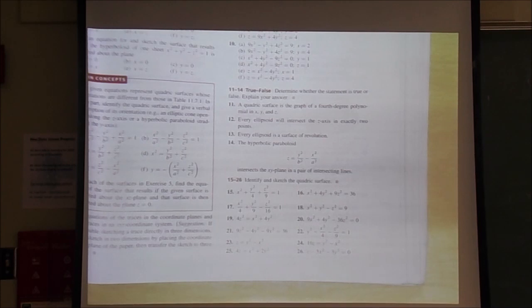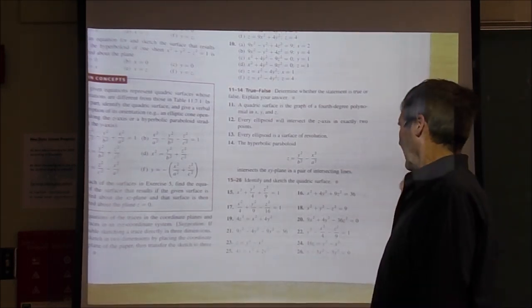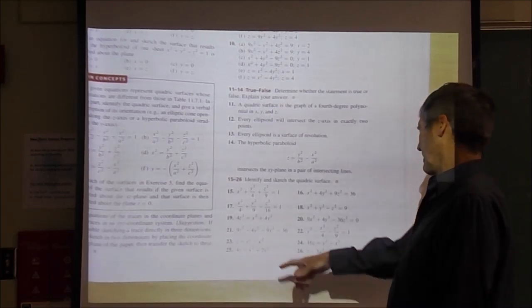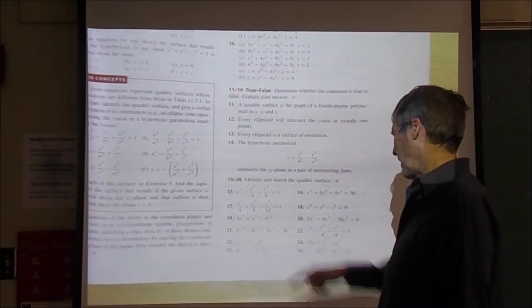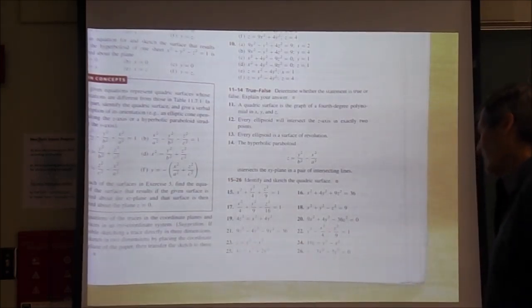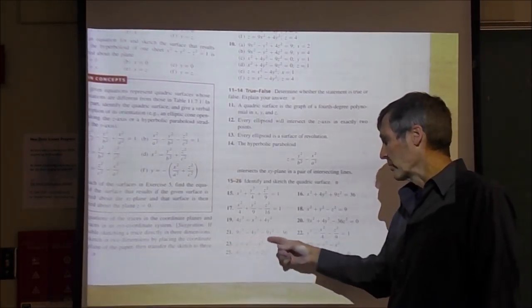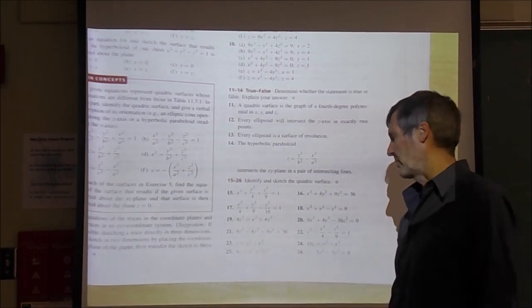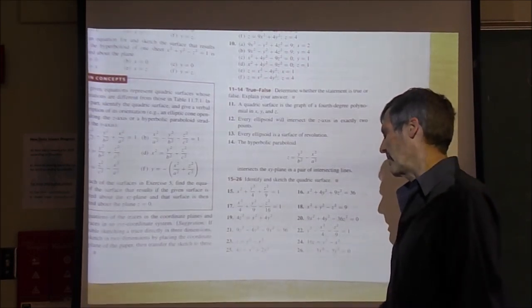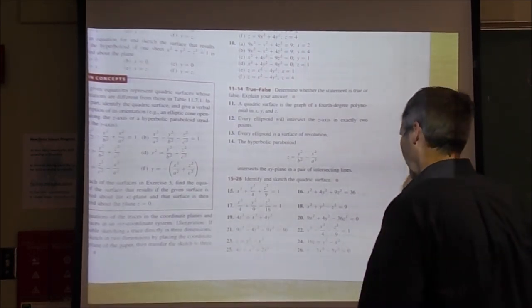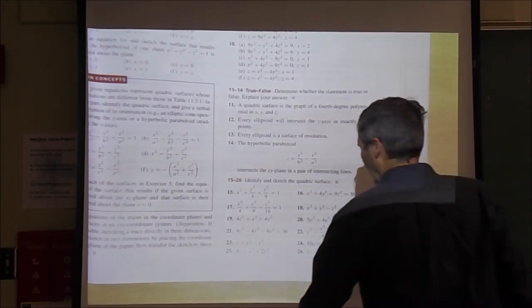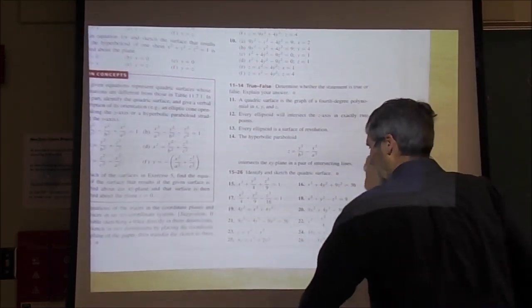Suppose, for instance, I said, let's sketch this one, z equals y squared minus x squared. What should that look like? Well, when you recognize it's a second degree polynomial in 3 variables, this is a quadric surface or degenerate case or no solution. So if I want to sketch z equals y squared minus x squared,